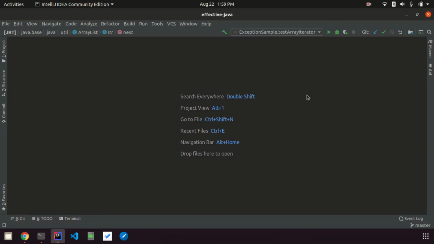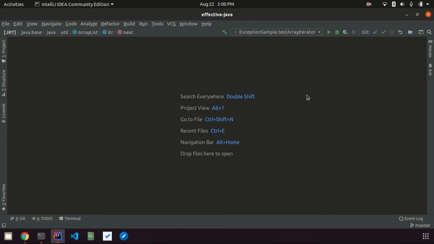So adding a checked exception adds an overhead. How can it add overhead? Let's say one of your API methods throws a checked exception. When the consumer is using it, he has to put that into a try-catch block. And let's say in his whole implementation, only one API method is throwing the exception. In that case he has to put the whole logic into a try-catch block. This reduces readability and makes the code complex. So we need to be more careful regarding when we are throwing a checked exception.